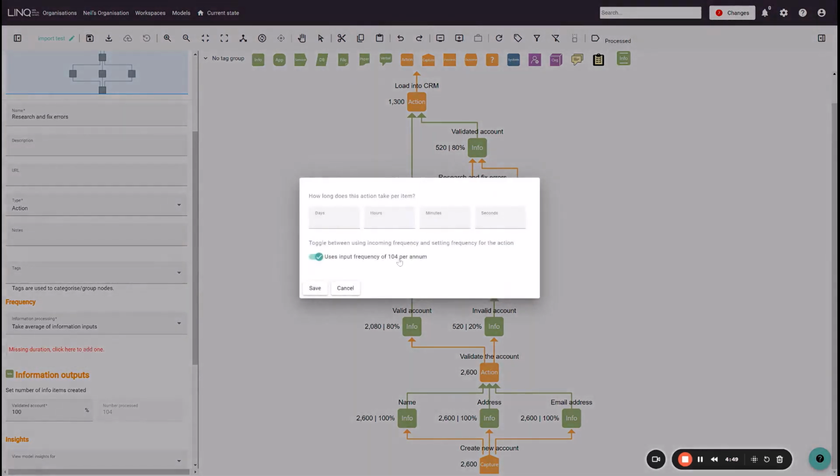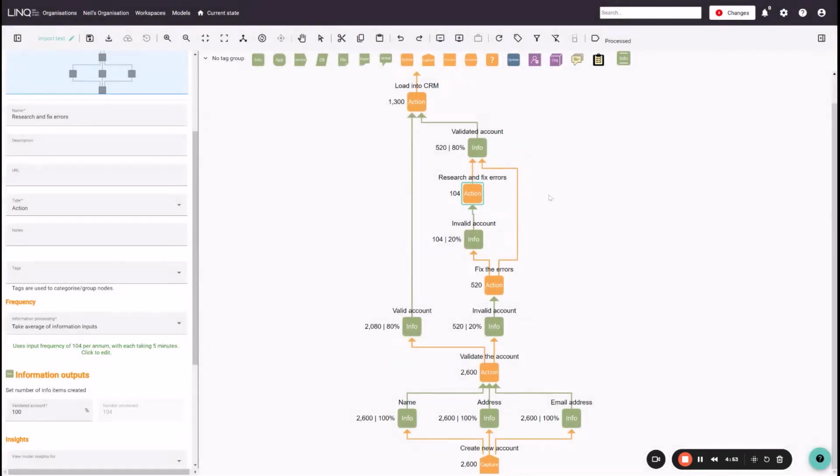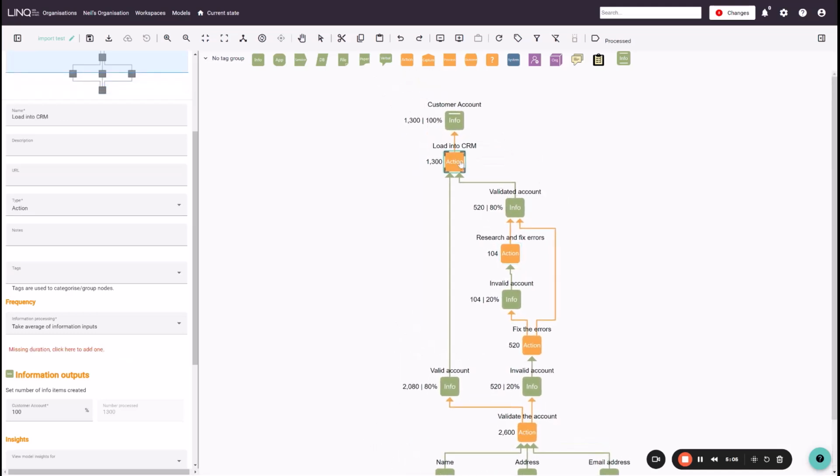You'll see my frequency has been calculated for me. I can say how much time is needed. And these 520 are recombined here, which is the original invalid total that came from our initial validation exercise. And finally, in this load into CRM, currently it's taking the average of the information inputs, which